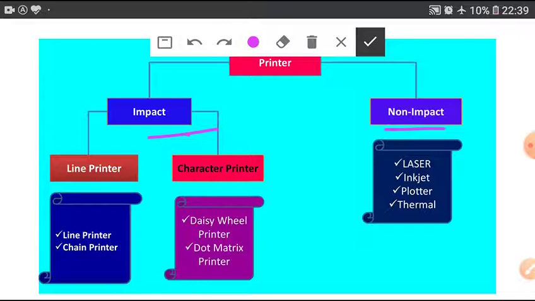In impact technology, there are two types of printer: line printer and character printer. Line printer example: line printer and chain printer. Character printer: daisy wheel printer and dot matrix printer. Non-impact printer example: laser, inkjet, plotter, thermal printer, laser printer.